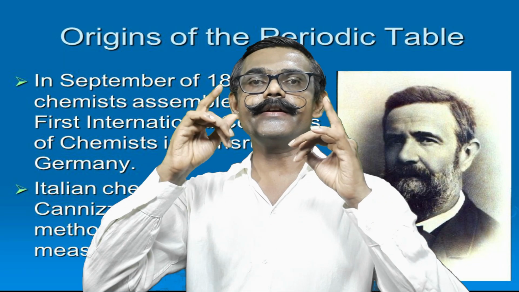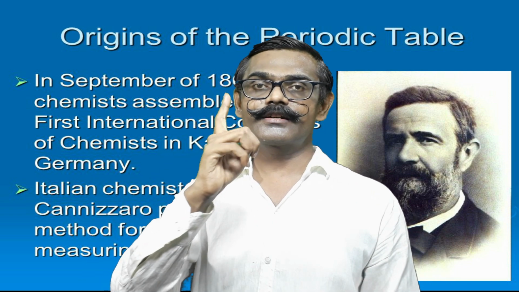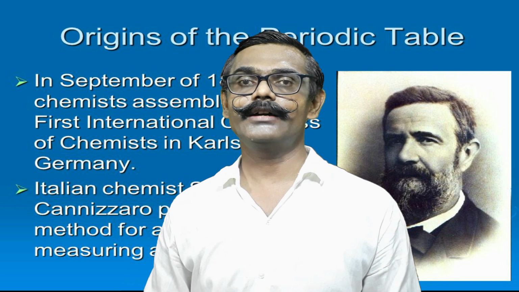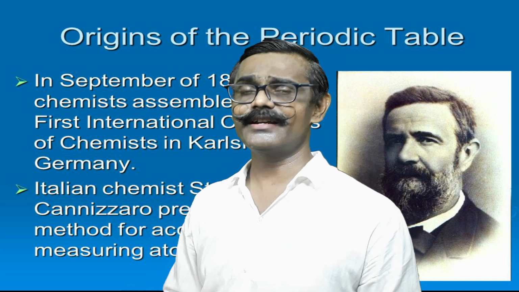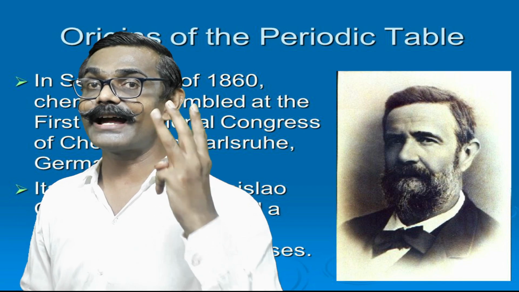Okay, so after Dalton's discovery of the atomic nature of matter and the combination of atoms in particular proportion, and determination of atomic weight, a huge task was there in front of the chemists. In the same way, the results also were differing. So they decided to have one international congress, an international meeting, and in Germany in 1860, the first international meeting of all chemists took place. Almost 140 chemists attended that congress. The meeting ran for 3 days.